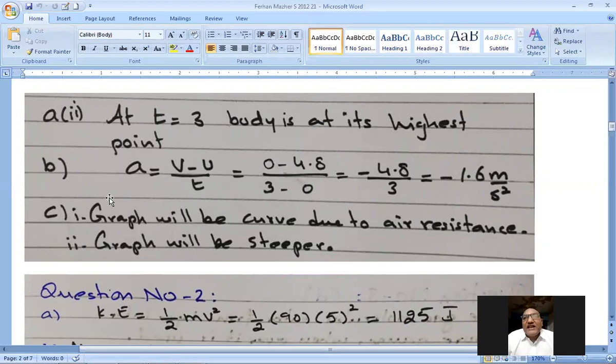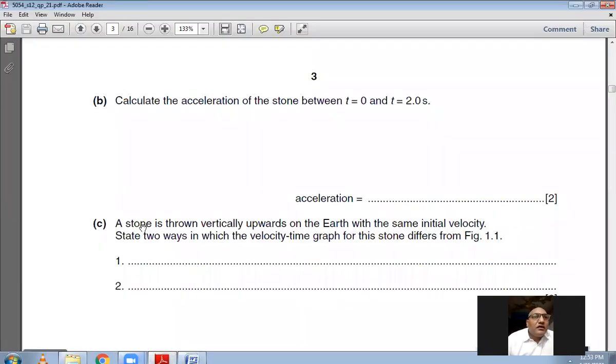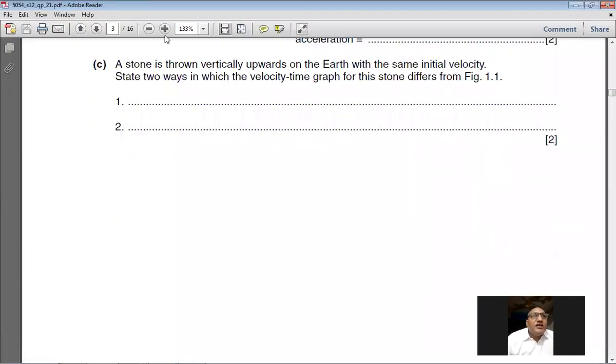The final answer will be 1.6 meter per second square. I have just calculated the gradient of that speed time graph, and the gradient of the speed time graph is equal to the acceleration of the body, and my answer is 1.6 meter per second square. Okay. Then he says